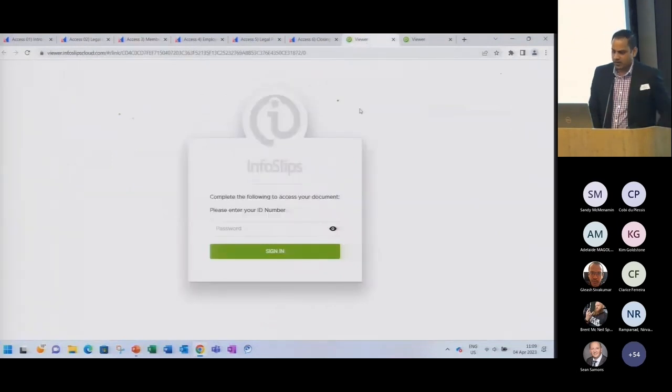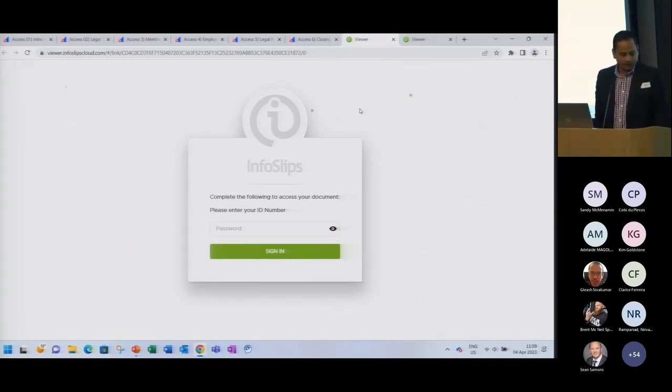statement. Okay, so before I get into the statement, we have three distribution options. First one being an email. Where we have an ID number and an email address, the member would get an email containing the statement. They would click on the link, input their ID number to unlock their statement. If we do not have an email address, but we have a mobile number and an ID number, the member then would get an SMS with the link. They'd click on the link, and it would take them to their info slip where they would enter their ID number to unlock. And then the third option, if there's no ID number, no email address, then the member would